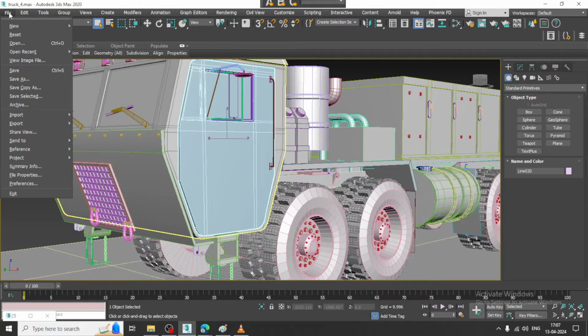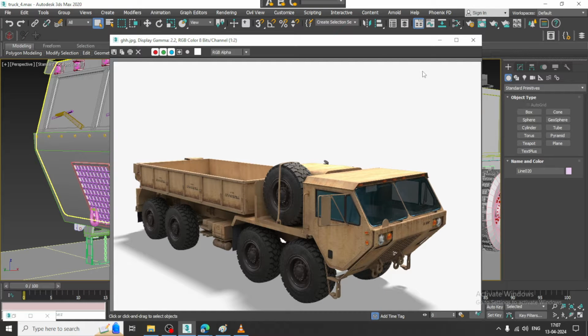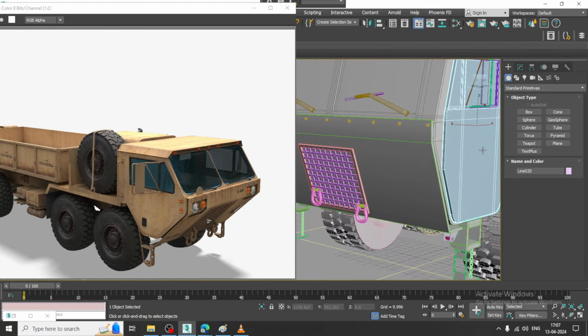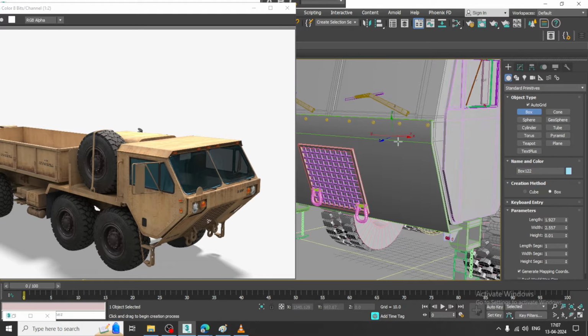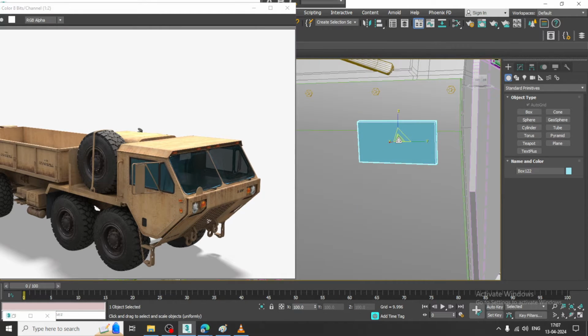As you can see over here, we have almost done with the modeling of this truck. So let's continue it. I'll just open one reference over here and we'll just create the lights over here. So for that I can just go over here. I'll just take a box over here. I'll resize it